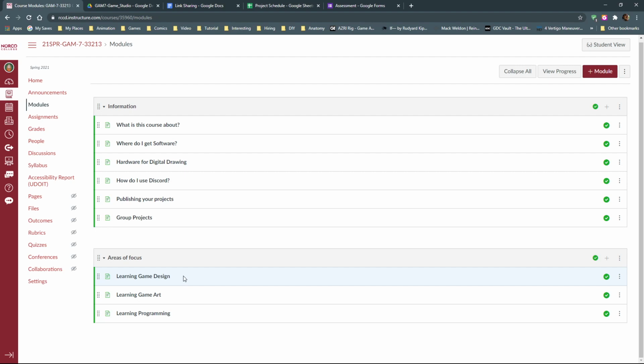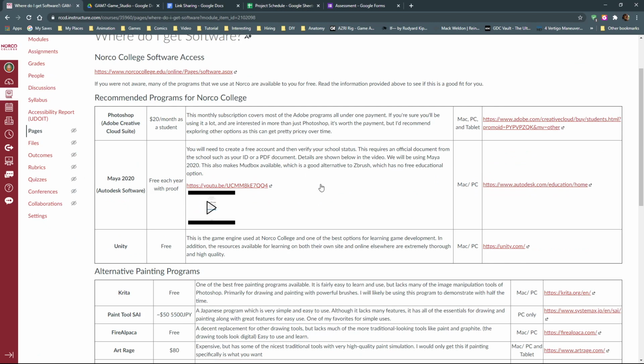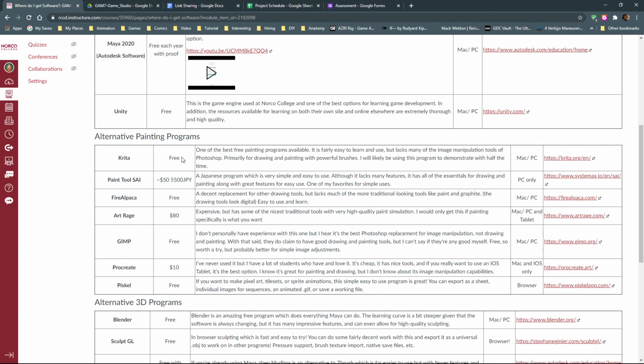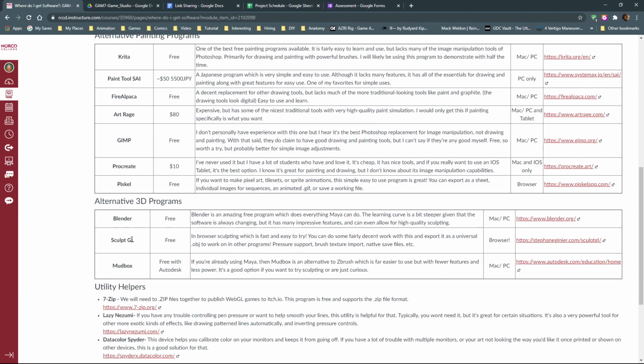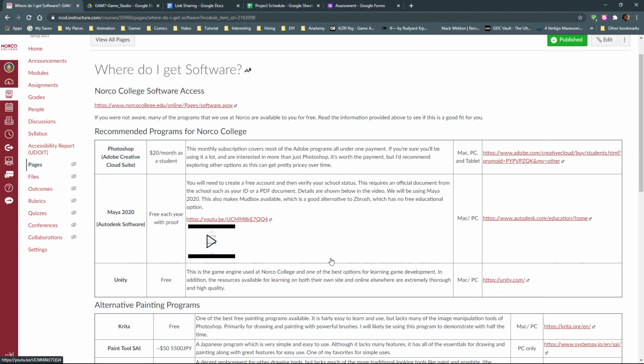Can we upload in Sketchfab using the student version of Maya, or do you need to buy it? No, the student version of Maya is preferred. Yeah. You guys don't have to pay for Maya because being a student gives it to you for free. Same thing's true for Photoshop through Norco College. Unity's free for everybody until you publish and sell over, I don't know what it is, $200,000 or something like that. Most of these suggestions are free, or cheap, depending on what it is. And I always try to find free alternatives for things because I know you guys don't want to spend a bunch of money. But yeah, you don't have to buy Maya, and please don't try to buy Maya. It's very, very expensive for a professional license.